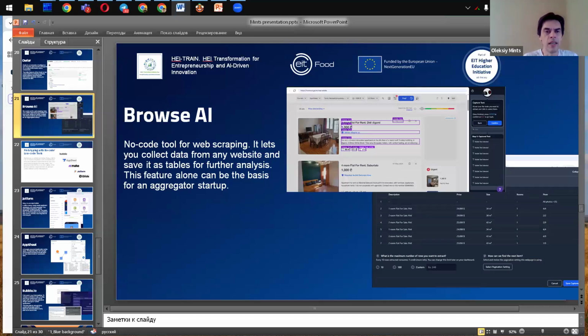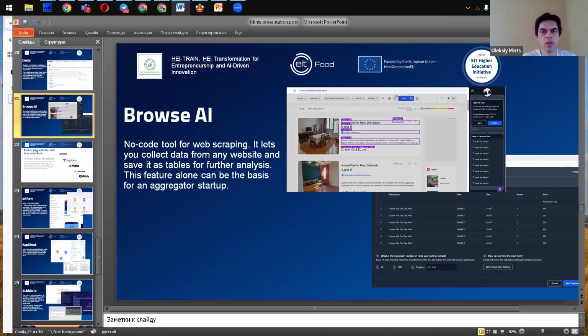In Browse AI, you can set up a scraping robot in a few clicks. The tool shows you a browser window where you can simply select the data you want. Then you name the table columns and save the project.